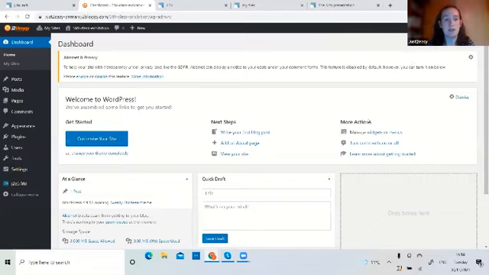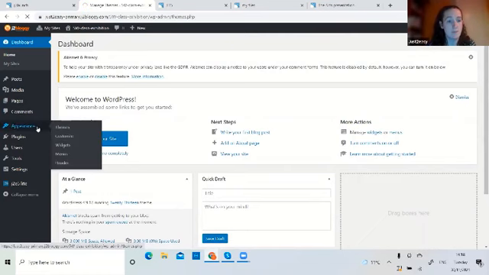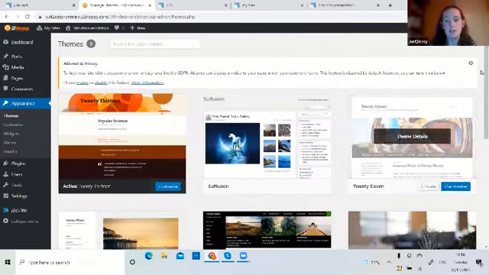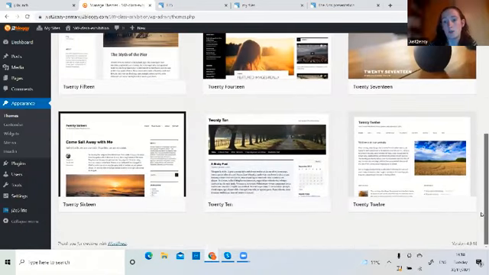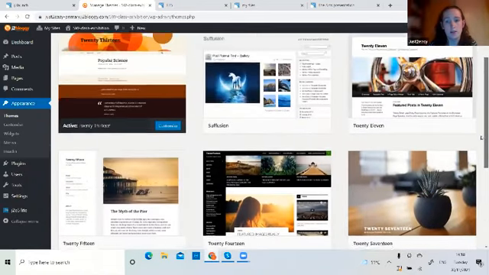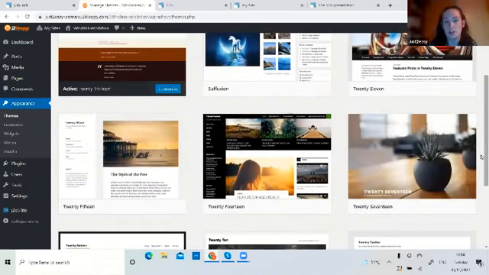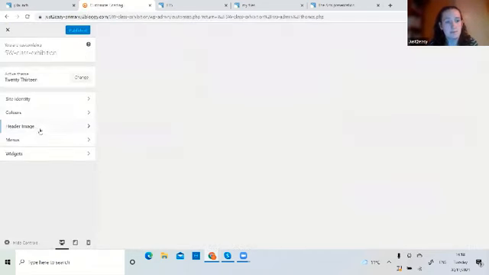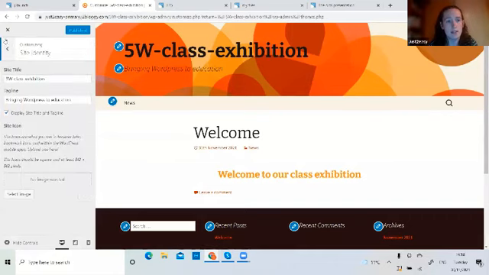And here are the things that I would recommend, and you can ignore everything else if you're not confident with WordPress. So the first is where it says appearance. We have themes. So that's the first thing that's going to change, that you can alter the way your blog looks straight away. You can make it look really nice. That might be a nice one for an art show. And underneath where it says themes on the left, we have customize. Here we could change the name of our site.